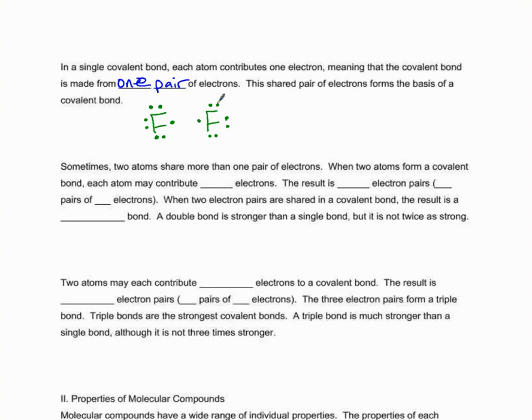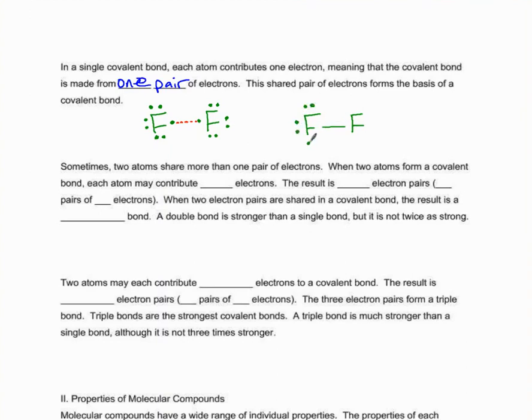And so what's going to happen is these 2 fluorines are very unstable and they are going to begin sharing these 2 electrons. And so we end up with two fluorines with a covalent bond,